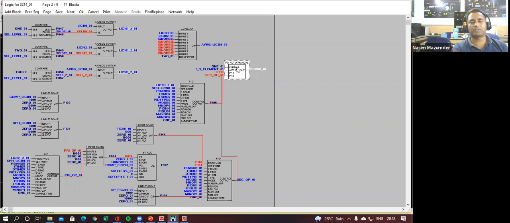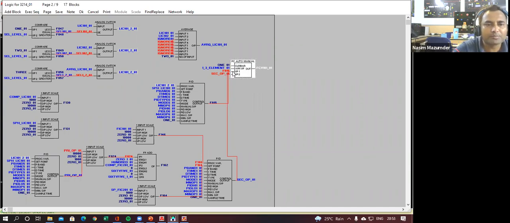There are two inputs. This is one block for your PC auto manual, and this auto manual switch means if this is one, the enable has been made one. Once the block is enabled, then input 1 will be fetched to my output. So it is already forced to 1. So your input 1 will be fetched to your output terminal. So your FCB will always be receiving this particular output from this PID.